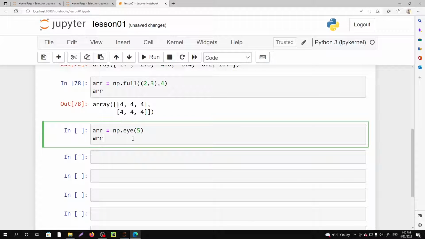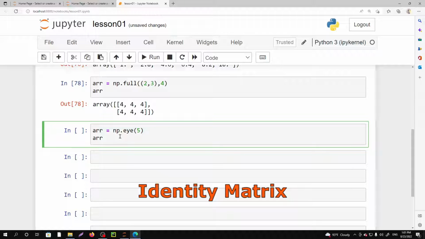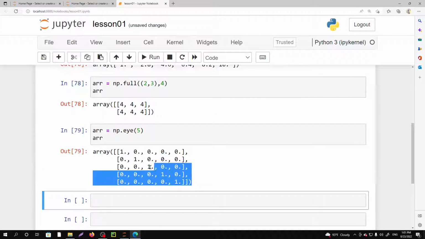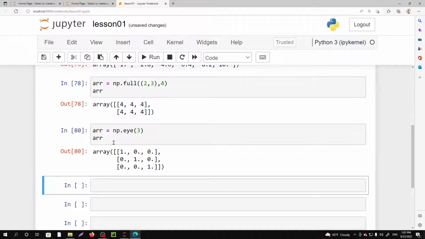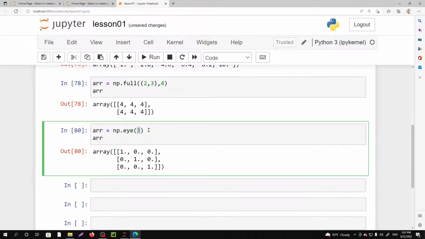And the next function is np.eye. What is this? This is an identity matrix. If you run it, you can see that we are getting the values. This is an identity matrix. If you are familiar with matrices and algebra, this will be familiar to you, and you can actually make changes here. This identifies the dimensions, which dimension you want, sorry, not dimension, it identifies the